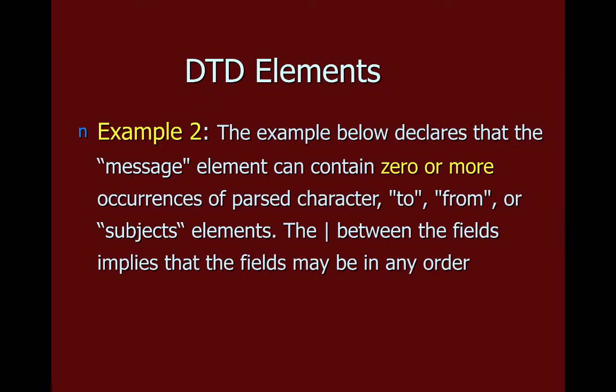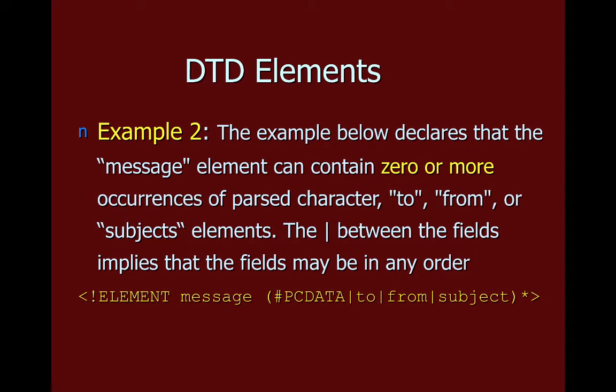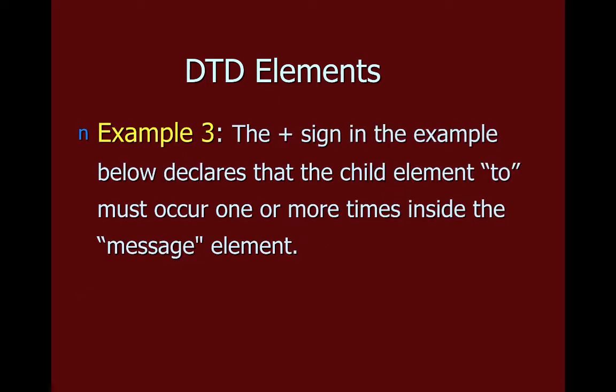And you can also denote occurrences, 0 or more occurrences of an element and so on. Or you can have the vertical bar, which represents alternatives, right? So this says that the message element is either a string, a #PCDATA, or a to element, or it contains a from element, or it contains a subject element. So it's saying that a root element message contains 0 or more occurrences of PCDATA or to or from or subject. The plus sign here